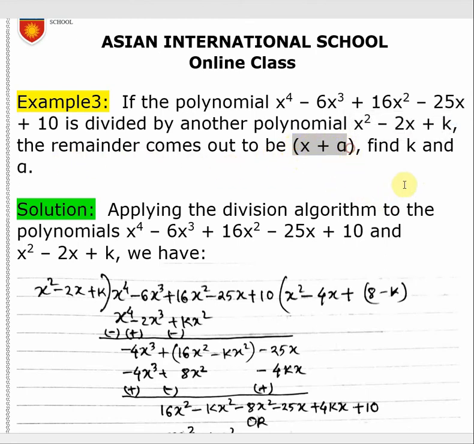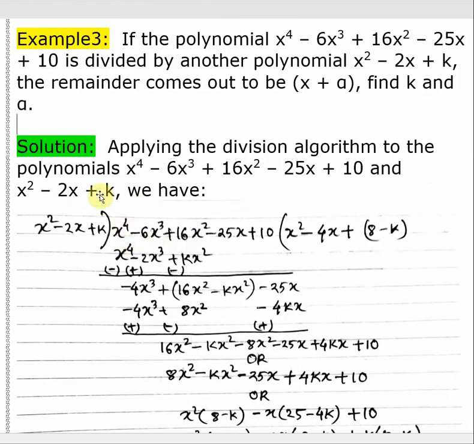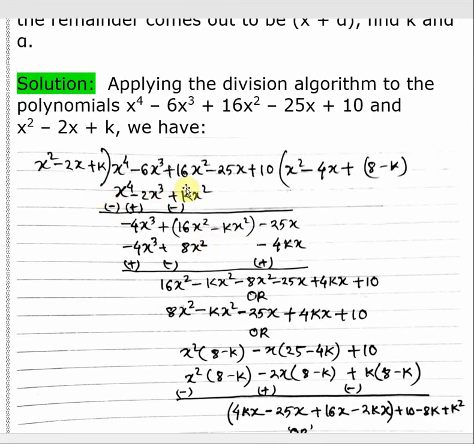where x plus a is the remainder. Simply, we will do the long division. The division is done over here. I have done it by hand, so you can see it's a handwritten thing. So x square minus 2x plus k dividing x to the power 4 minus 6x cube plus 16x square minus 25x plus 10. The first quotient will be x squared,